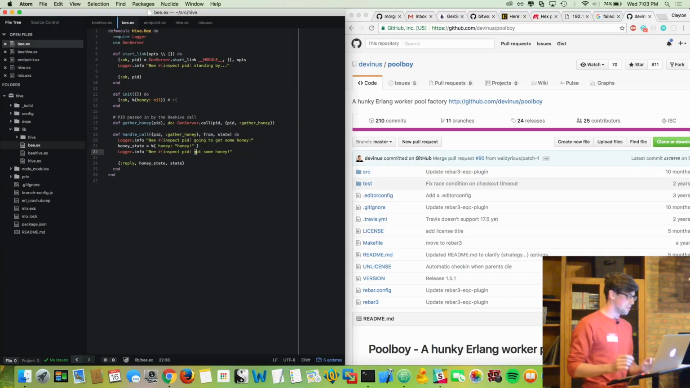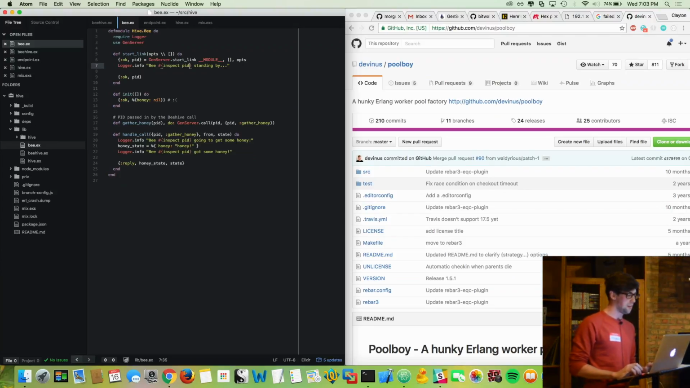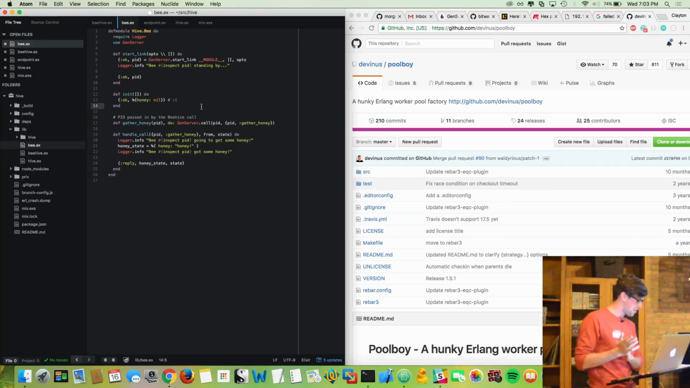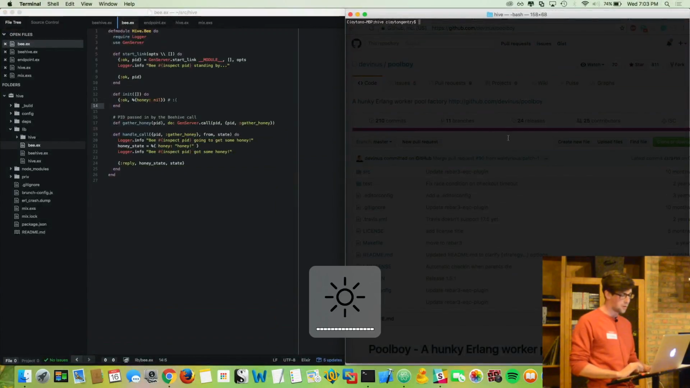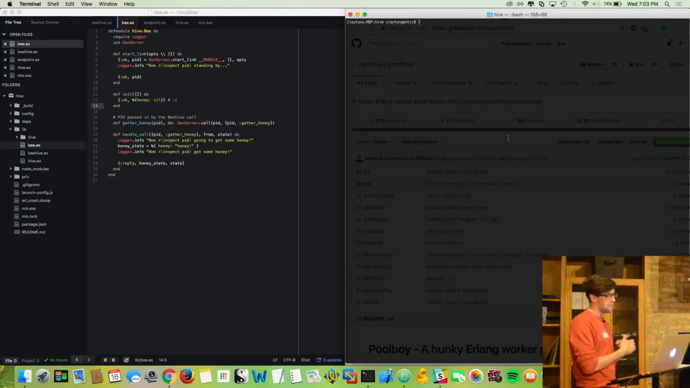So each Bee is its own GenServer. Again, we have this start_link, and then I'm going to print out that we have a Bee PID standing by, and then we're going to initialize each bee with no honey, which is sad. Let me see. I think that's all the setup, and now I'll show you how it actually works. First thing we might want to do is send one bee out to go get honey. So the way we're going to do that, if I spin up the app,